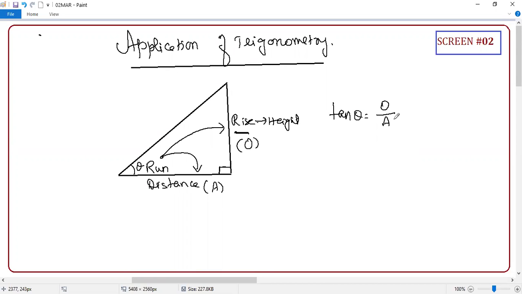Okay, guys, tan theta equal to opposite by adjacent. So for the majority, 95% of your problems, we will apply this ratio only. So what is the magic? In general, students, the height is difficult to measure, but distance is easy to measure. Why? Because it's on the ground. So if you know the distance, you can easily find the height. Sir, how is this magic? That is what trigonometry is for.